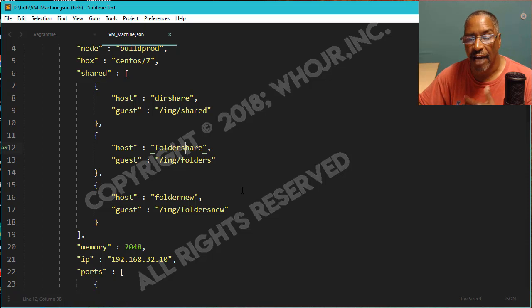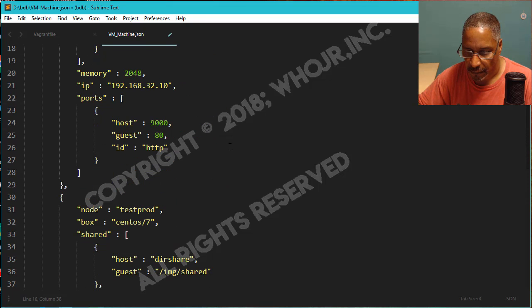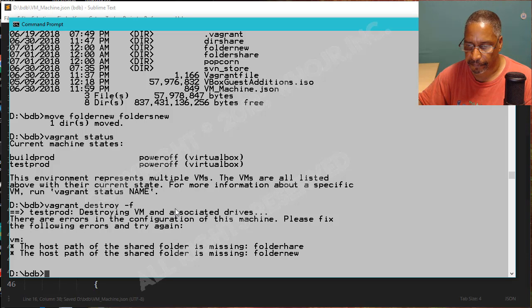As you can see, when we provisioned this machine, it didn't have folders share and folders new. There we go. And popcorn. Okay, so now that we fixed that,